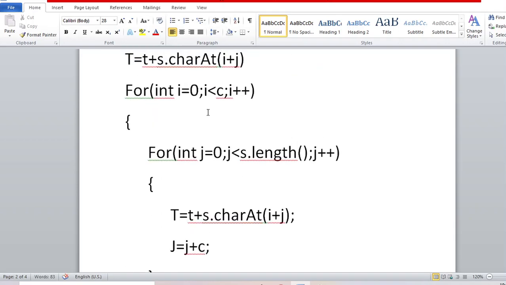Okay, let's see. It will continue, the i value will continue from 0 to 3 and c is 4, and this j value will be changed each time.